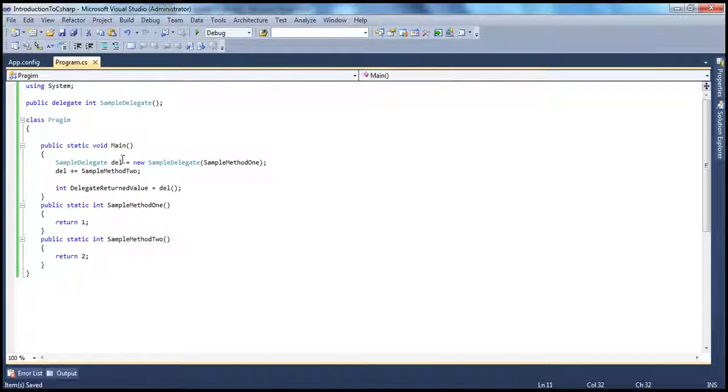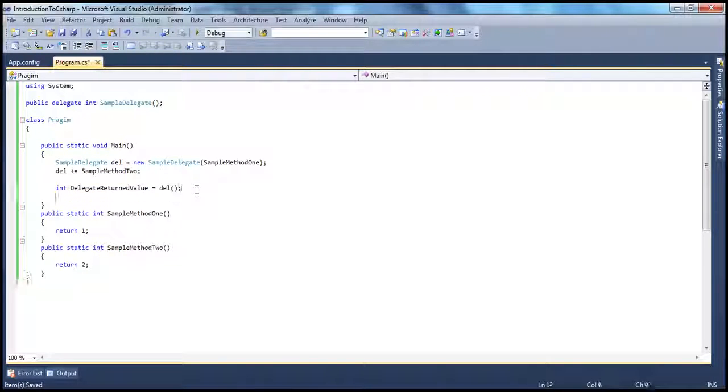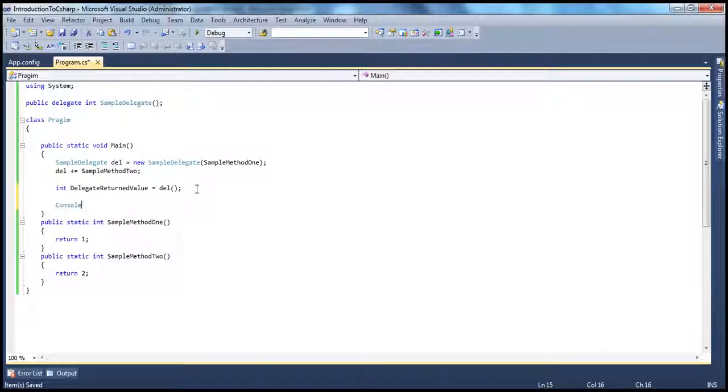So for this delegate, in its invocation list, we have two methods, method 1 and method 2. Method 1 returns 1, method 2 returns 2, and method 2 is the last method in the invocation list. So this variable will hold the value 2. Okay, so if we go ahead and print that now, Console.WriteLine,